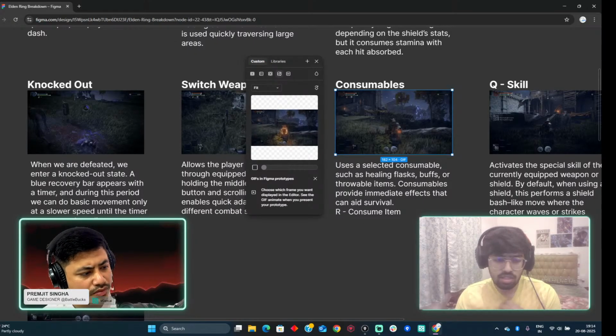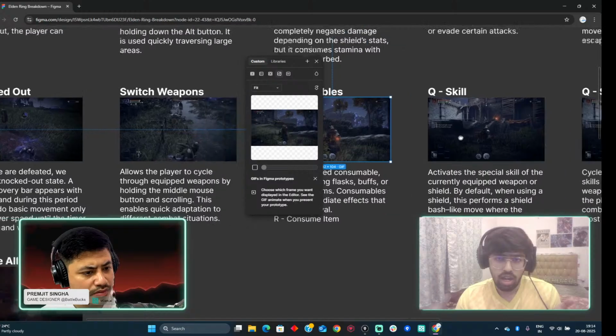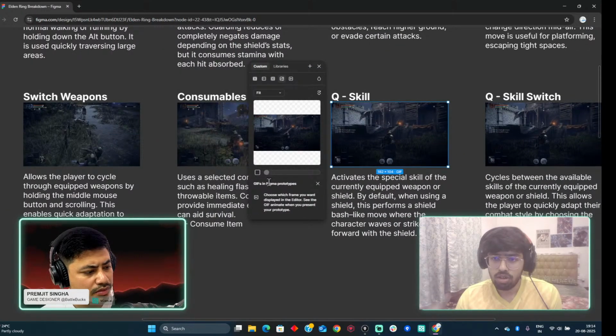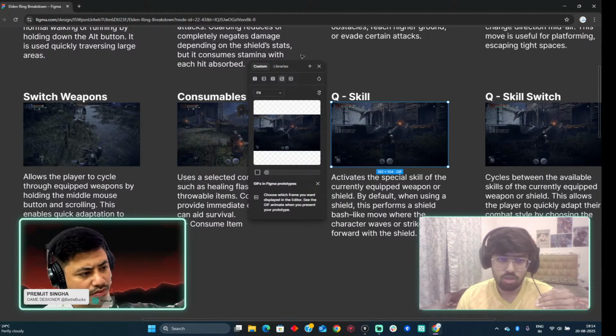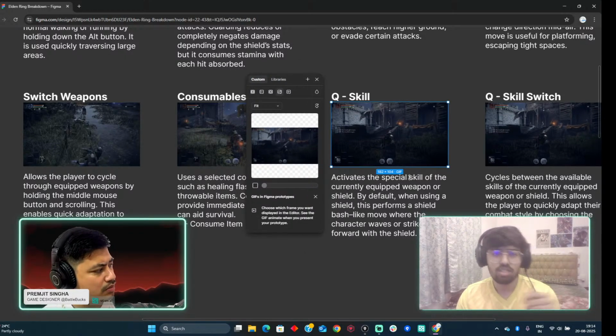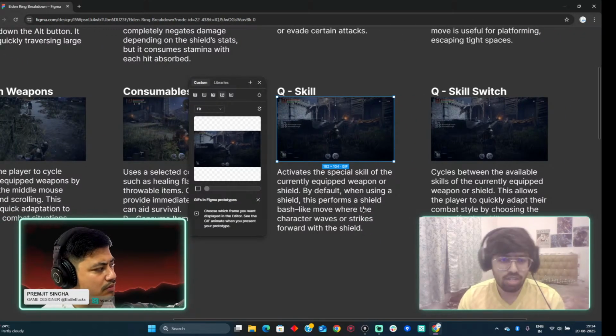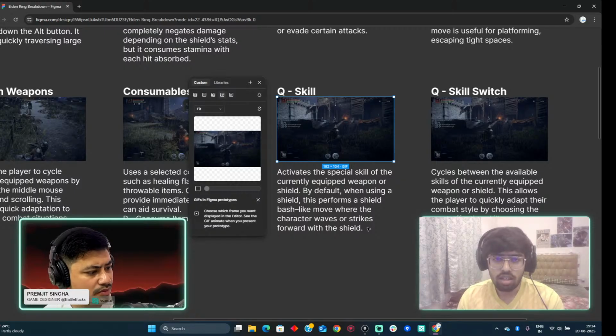Then comes the Q skill. As I mentioned, Elden Ring has many attacks, many defenses, many skills which you can use, and among that, Q skill is one of the skills you can use. By default, our character's Q skill will be the shield. So whenever we press Q, he will just perform a basic action of attacking with the shield instead of guarding with the shield. In the current gif which you are seeing, you can see the character attacking with the shield,